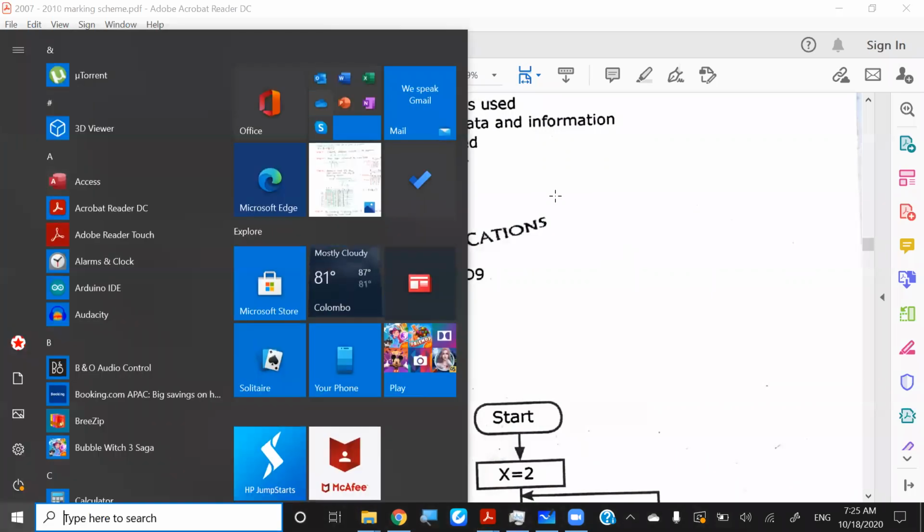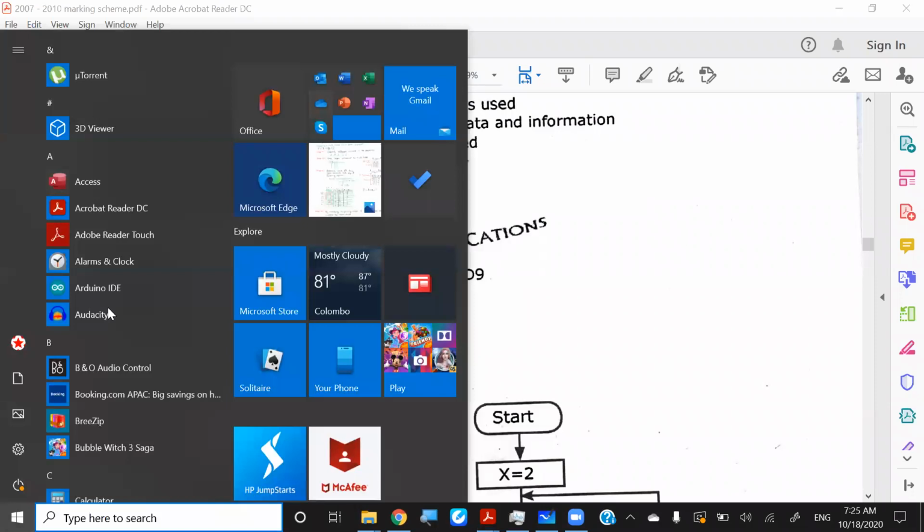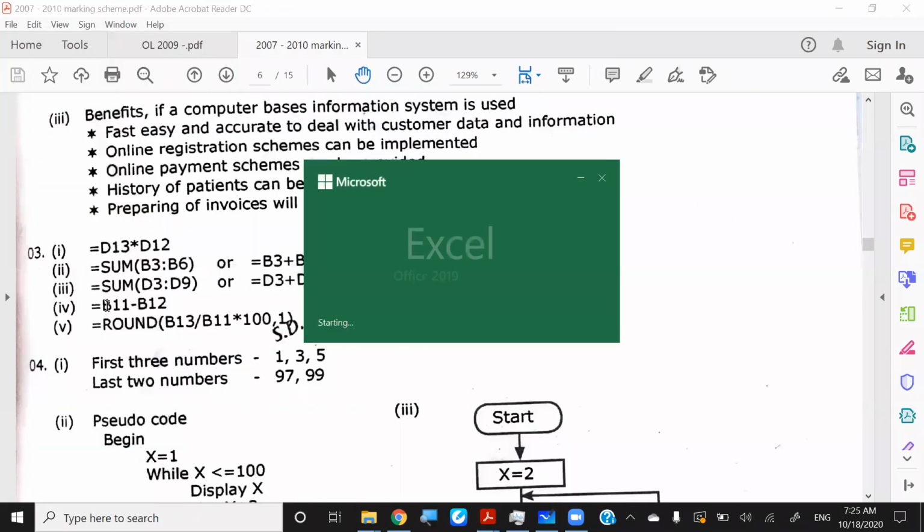What I was talking about is a subtraction. If they ask you to calculate the monthly savings using a sum function, there is a special way of writing it, right? It's better you know about it. As I remember, one of the question papers has asked that. So let me take the Excel.